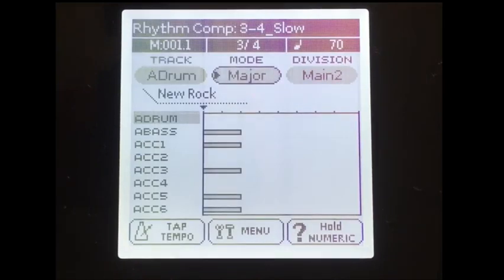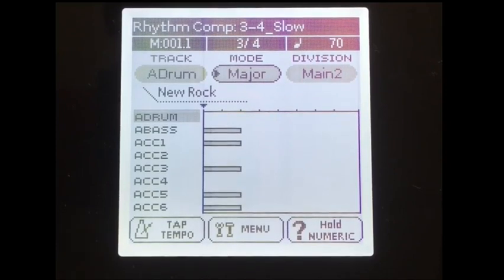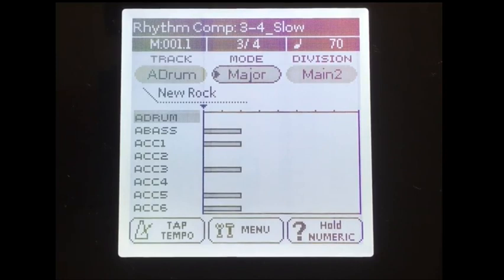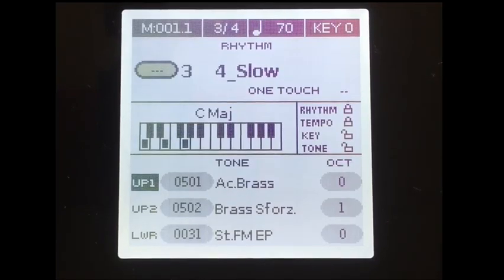We don't have an option in Rhythm Composer to balance the tracks. So I am exiting the Rhythm Composer page, coming to the home page, just checking the recorded rhythm by pressing the synchronization start and applying a C chord, a minor chord, a seventh chord. Check recorded style for all these 3 chords to make sure the patterns are applied correctly.